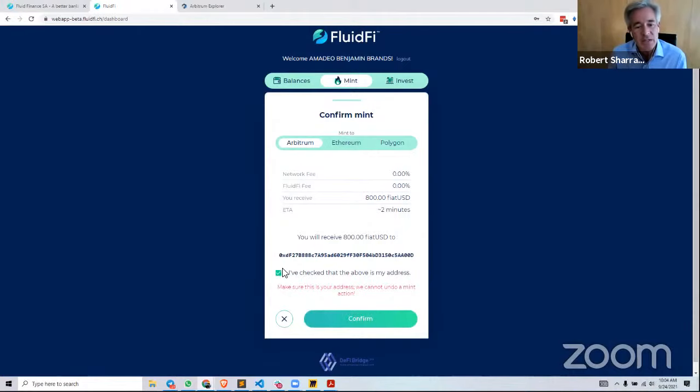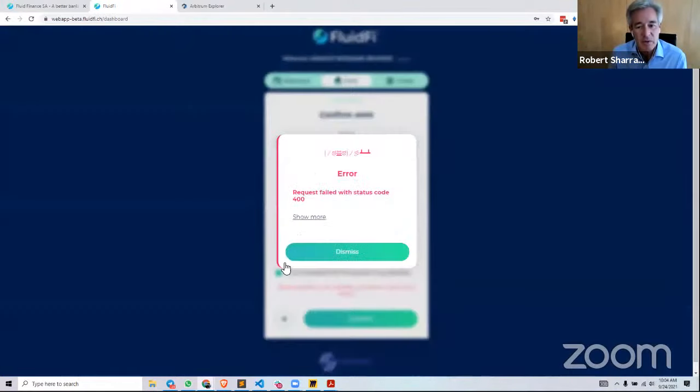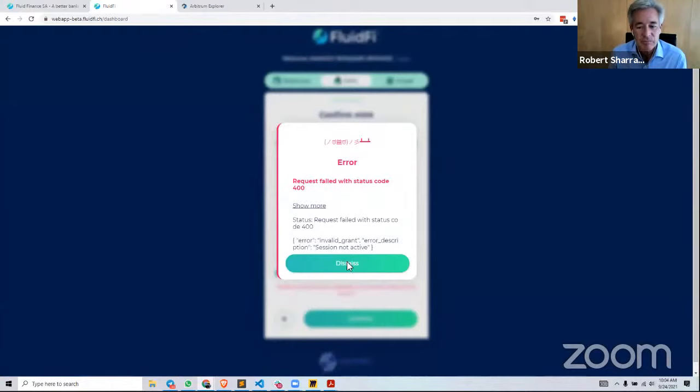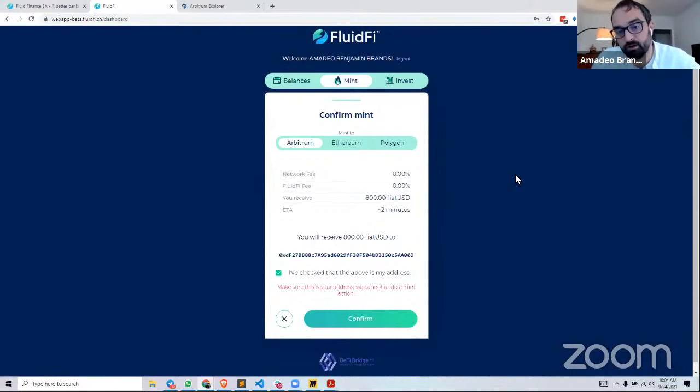And we're actually running on testnet at the moment for Ethereum and Polygon, right? Yeah, that is correct. Right now on Ethereum, on Kovan, and on Polygon, on Mumbai, we already have it live and it's working. We just want to wait a little bit before we deploy that because we will also have a bridge that we're already testing, which I will talk about in a little bit. You can see here in Arbitrum, we have a network fee and a Fluid Finance fee, and both are now set to 0.